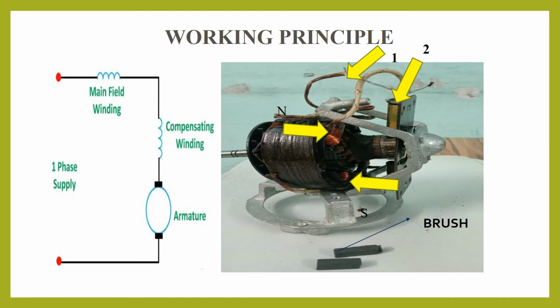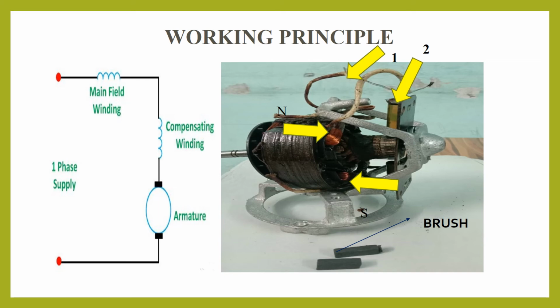Now you see, this is our universal motor. I said that when the universal motor is operating on AC, I have to make some design modification. What is the design modification? See here, I am keeping a compensating winding. This is placed with the stator, stator in the sense of the field winding. They both will be placed in the slots at 90 degrees electrical. Because once they are placed at 90 degrees electrical, the reactance effect can be reduced. Simultaneously, this compensating winding will be in series with the armature because the flux will be opposite to each other, so the effect of reactance will get reduced.